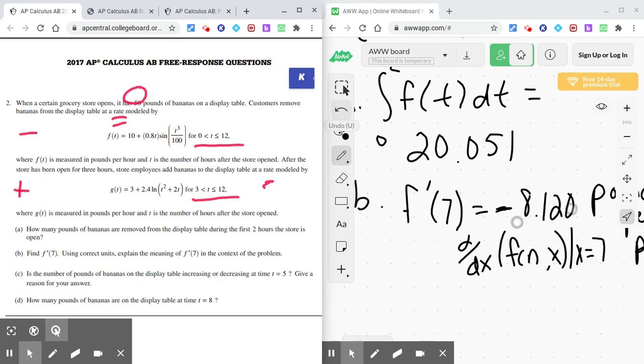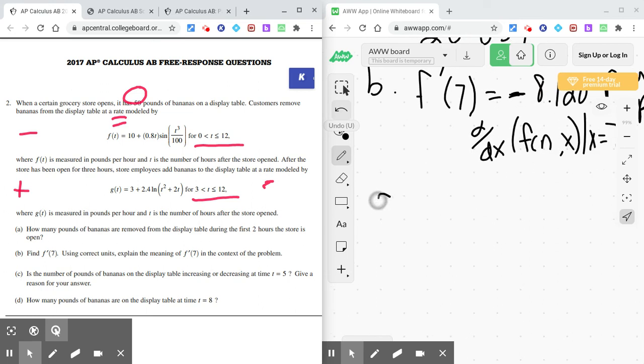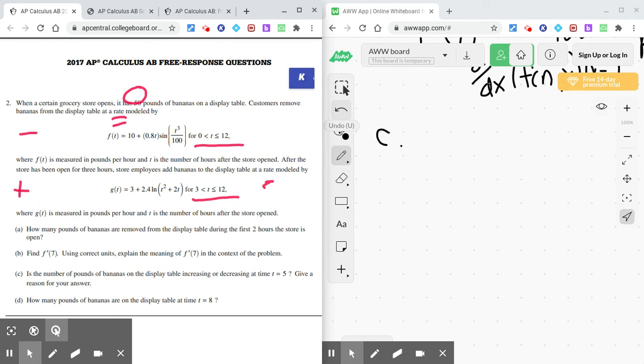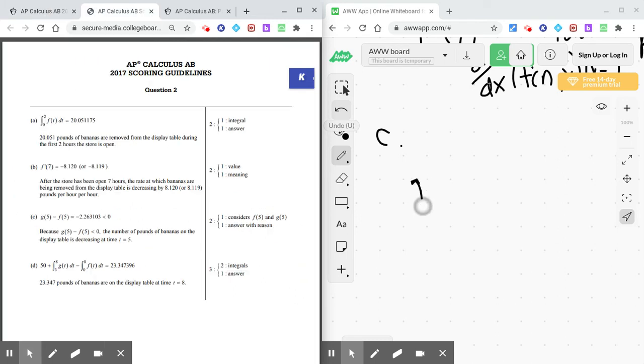Let's talk about C. C says, is the number of pounds of bananas on the display table increasing or decreasing at time equals 5? Give a reason for your answer. Okay, so we're looking to see how the pounds of bananas are changing. So they're being removed at a rate of F, and they're being added at a rate of G. So look what they did here. Just G of 5 minus F of 5,